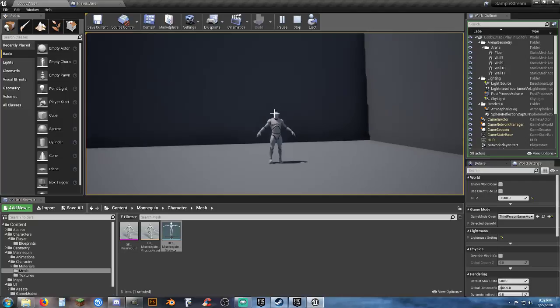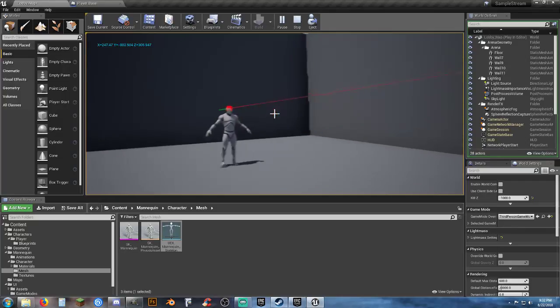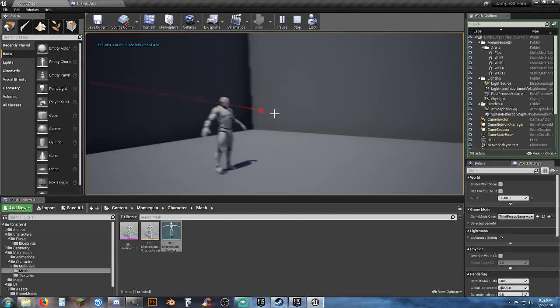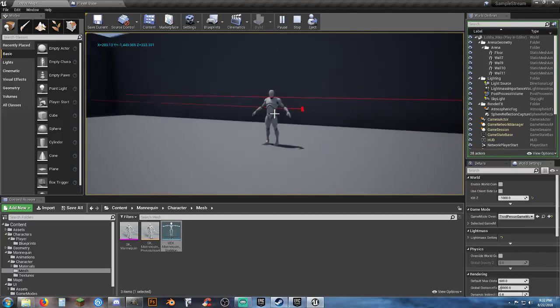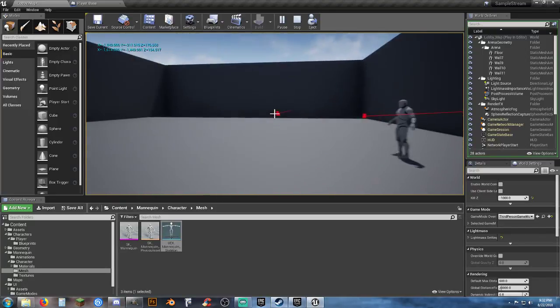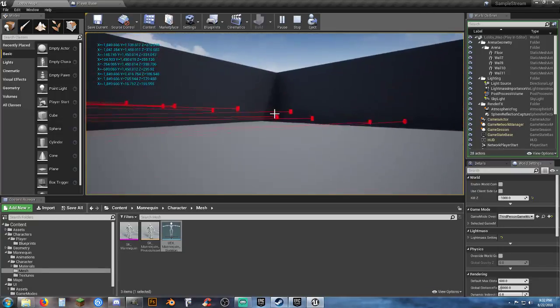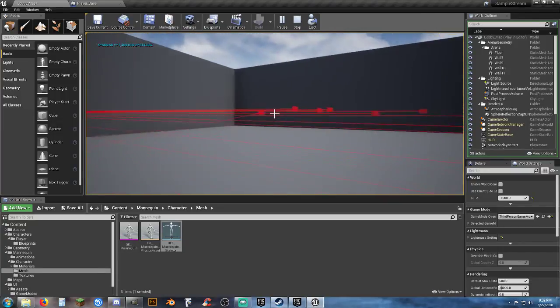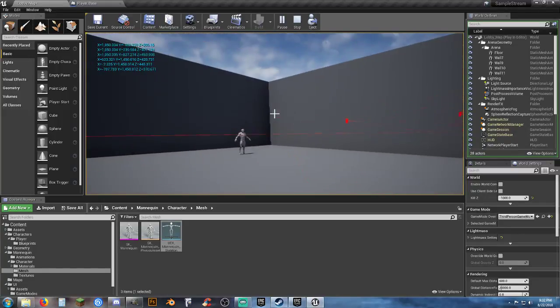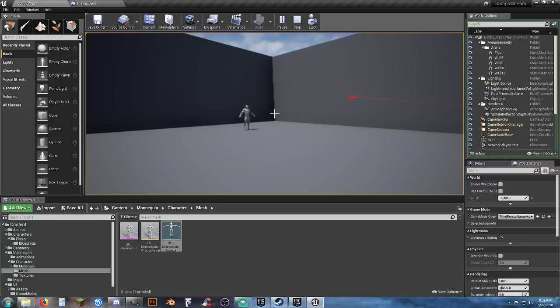The line trace is good for setting up if you're going to shoot laser beams and it's going to have a flat trajectory, then this is great. And you can test it out. You can also, if you're setting up your AI for your AI to shoot back at you, you want them to be able to shoot with a line trace so you can actually see where they're shooting or where their aim is. You can have it track their aim. There's a lot of things you can do with a line trace, but